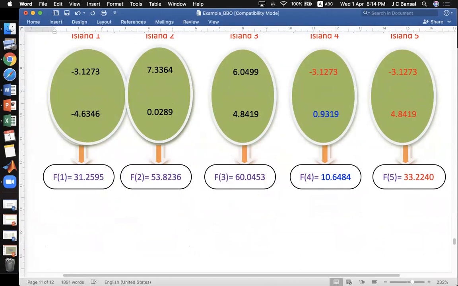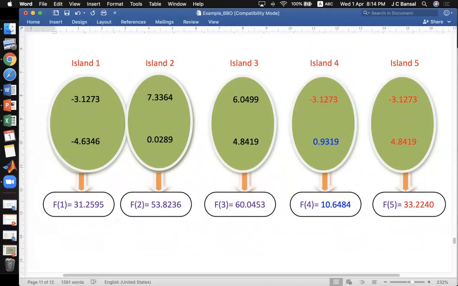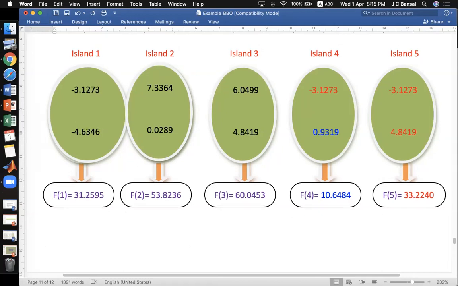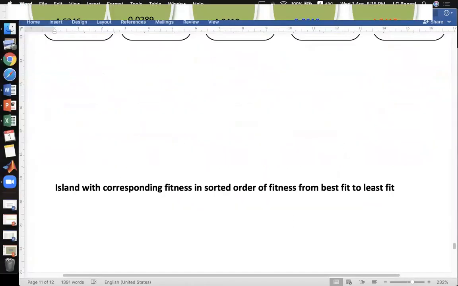Now you can see that this island 4, which was the second worst island, has now become the best island. The function value is 10, which is the minimum among all, right? So the mutation sometimes can play a very important role, right? So this is the mutation process.